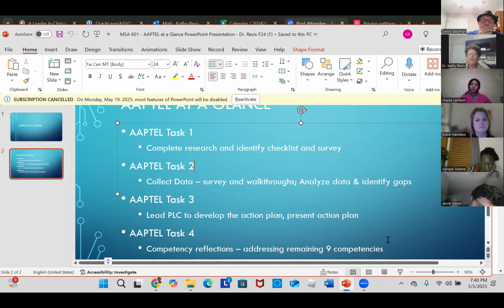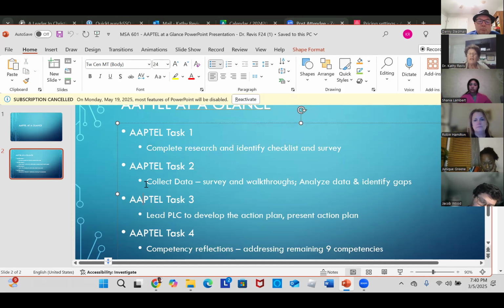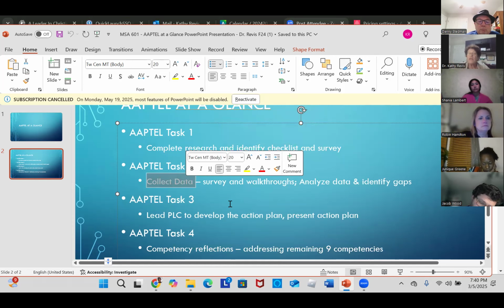You reflect on the remaining 9 competencies. Remember, if you take nothing else from this class, remember when you become a school leader, before you start deciding to do something for improvement, you always, always, always look at what the research says and collect the current state of your data.